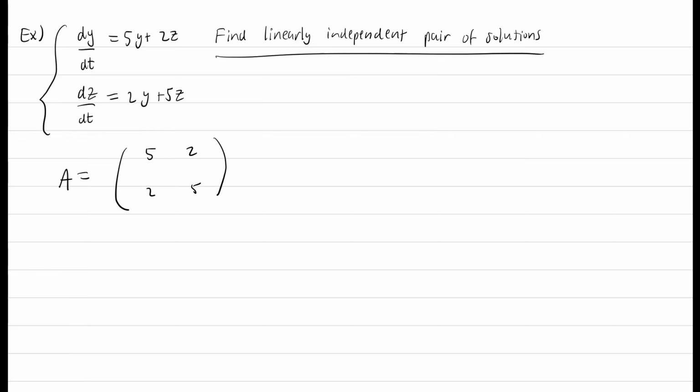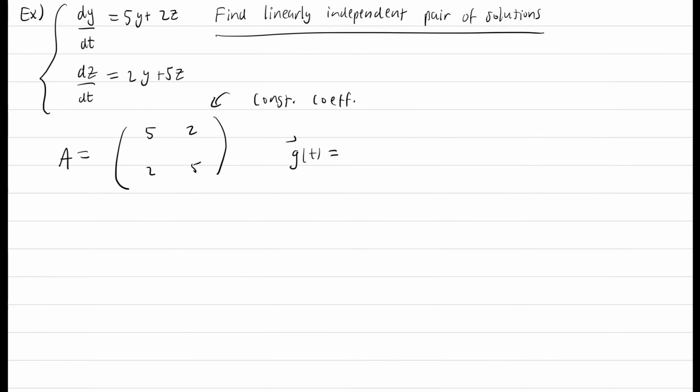Okay. Next step is to calculate the eigenvalues and eigenvectors for the specific matrix. If you're unfamiliar with what those are or why we need to calculate those, I'll go through that briefly. Basically, because we know that this is a constant coefficient matrix, we know that solutions, similarly to when you had higher order single differential equations, are going to be exponential. They're going to take the form, we'll call this vector valued function g of t,